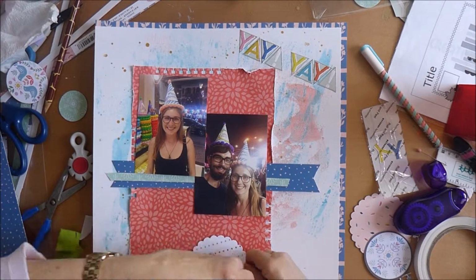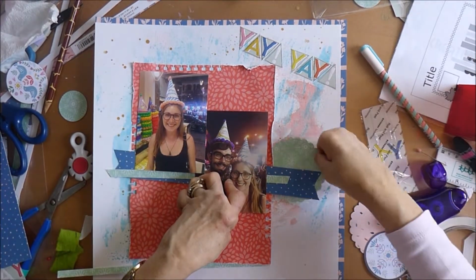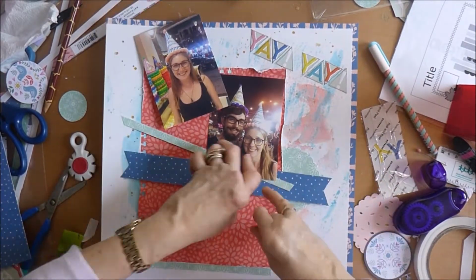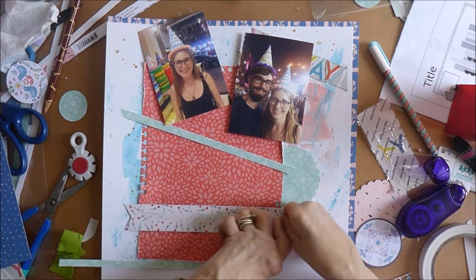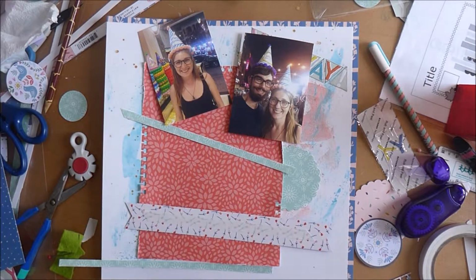And what else am I? I'm actually going to stick it down. So I have actually made a decision finally that this green one looks quite nice behind the blue, and I've got the green strip going across the middle of the blue as well, so those two work quite well together. So I'm going to stick down my blue strip,